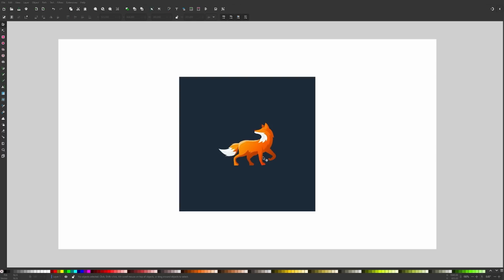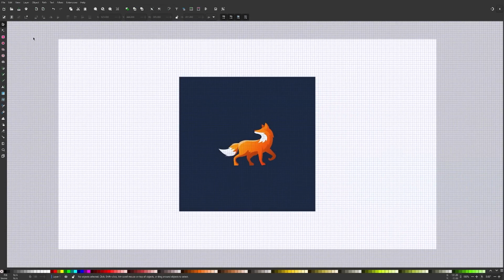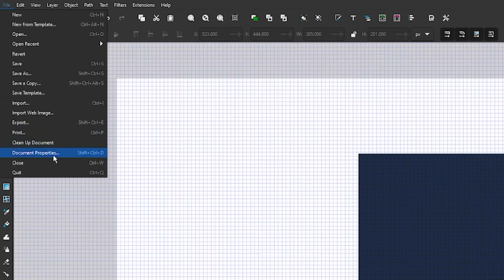So once you have your graphic imported, let's turn on the grid. Let's come up here to where it says View, and where it says Page Grid, go ahead and select that. Now by default, your grid should be 1 pixel by 1 pixel in size, but we can ensure that by going to Document Properties. So let's come up here to File and go to Document Properties,